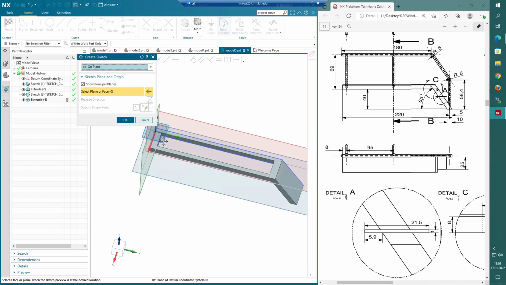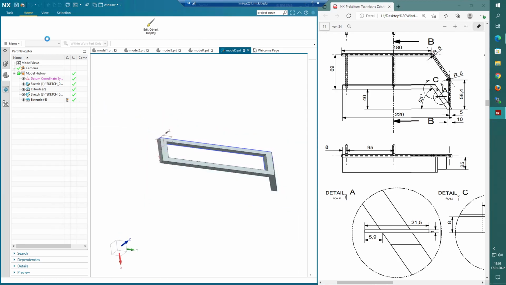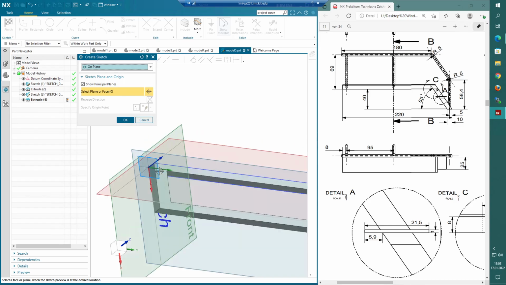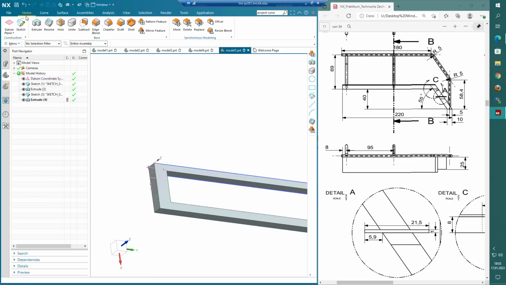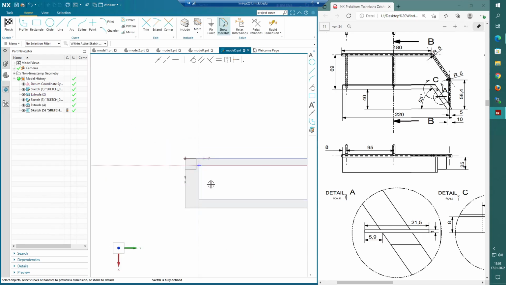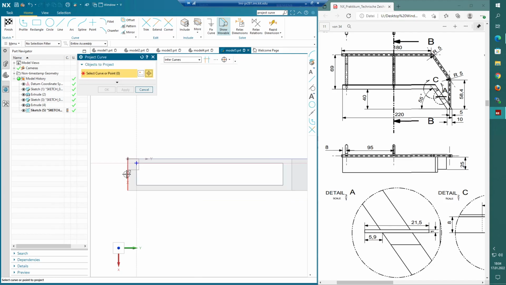again here. Oh, sorry. Let me do it again. I want to sketch on the top plane. I can just not grab it. Yeah, let's do like this. Doesn't really matter where the coordinate system is, because now we can again use this project curve feature and just